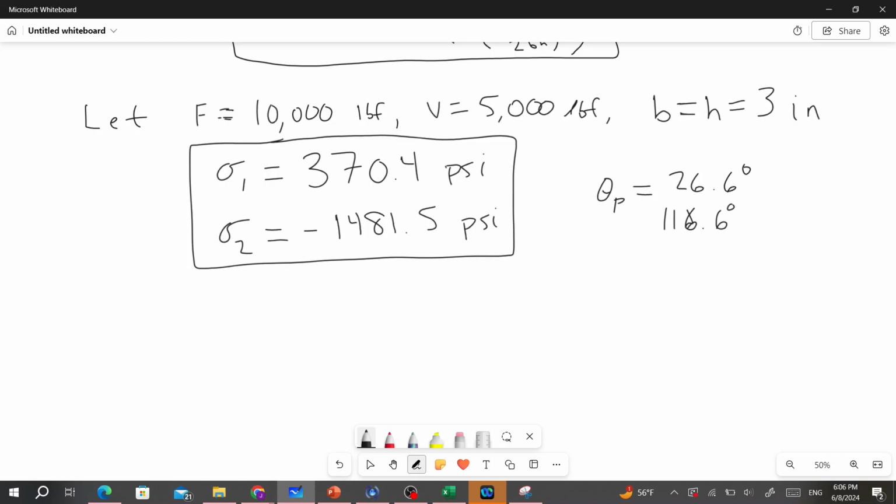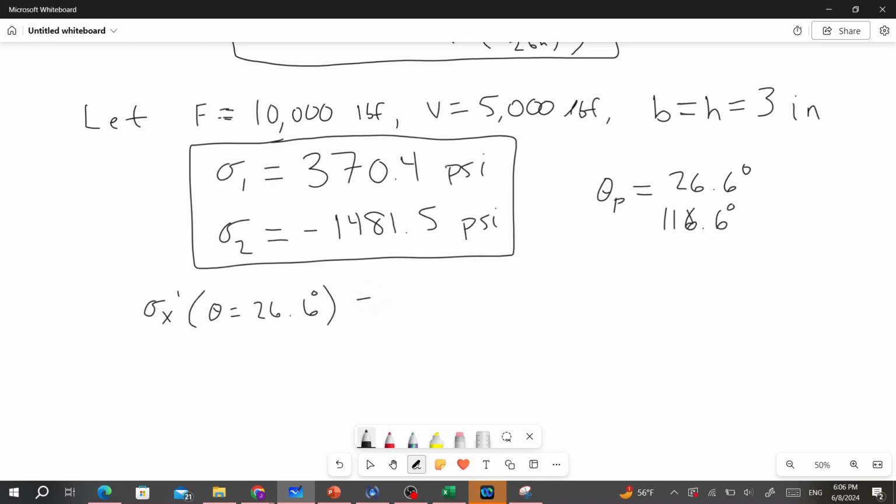That's just the equation to get the stress transformation from the xy coordinate system to some rotated coordinate system, the x prime y prime coordinate system, and you'd plug in one of these angles for sigma x prime. So if we were to calculate sigma x prime using theta equals 26.6 degrees,